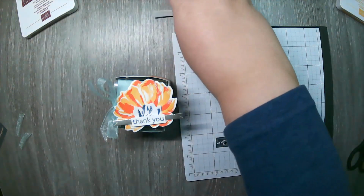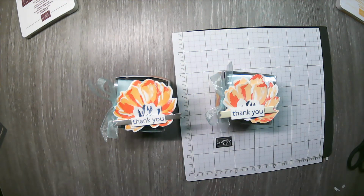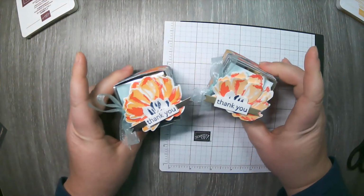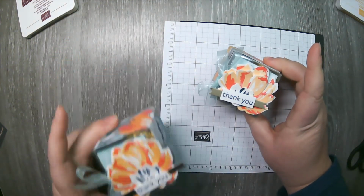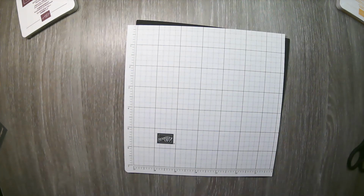Okay? And like I said, of course, your retreat box will come with enough supplies so that you can create two of these. Okay? Aren't they adorable? So cute. Okay, on to the eight cards that are in this kit. Okay? The next one